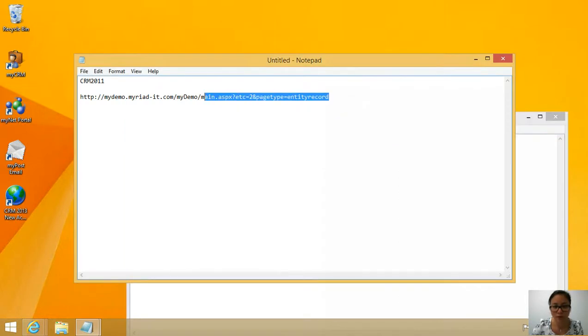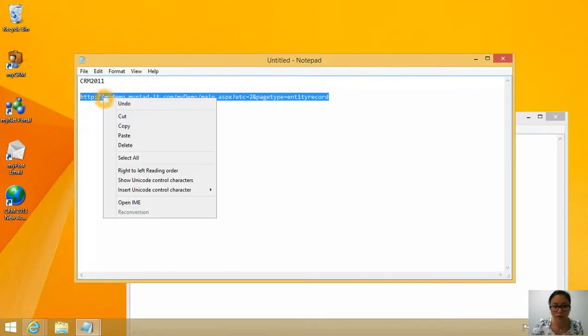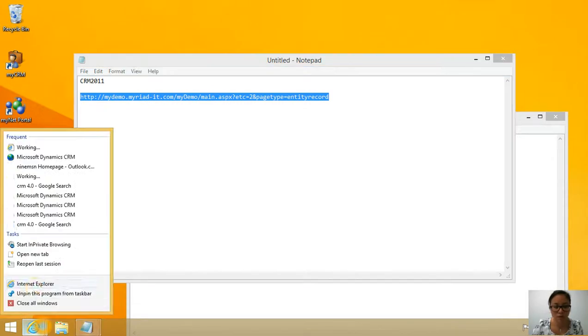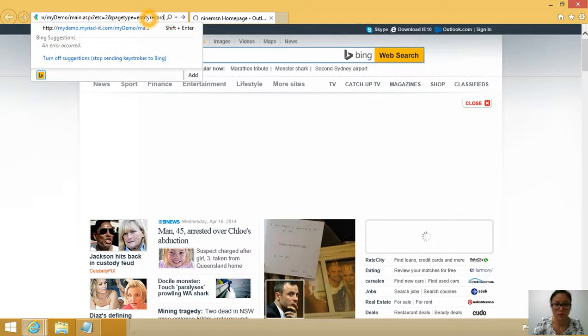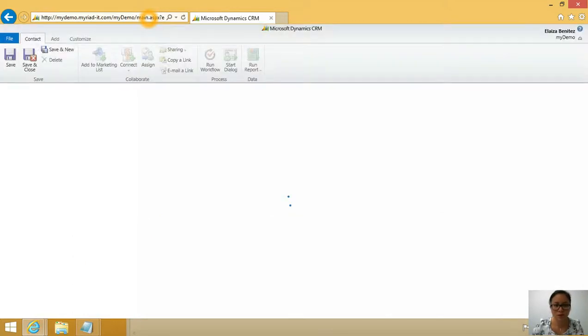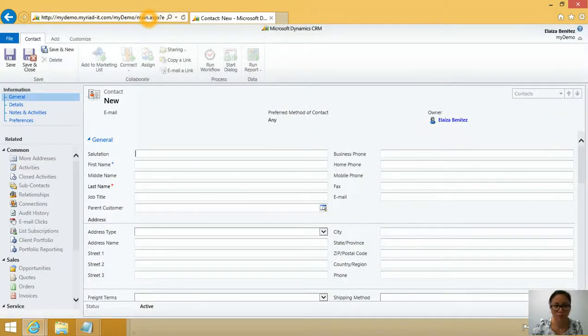So over here, this is what it will look like. So just to make sure this is correct, I'll show you. Yep, so by using that URL and removing just that piece of text,